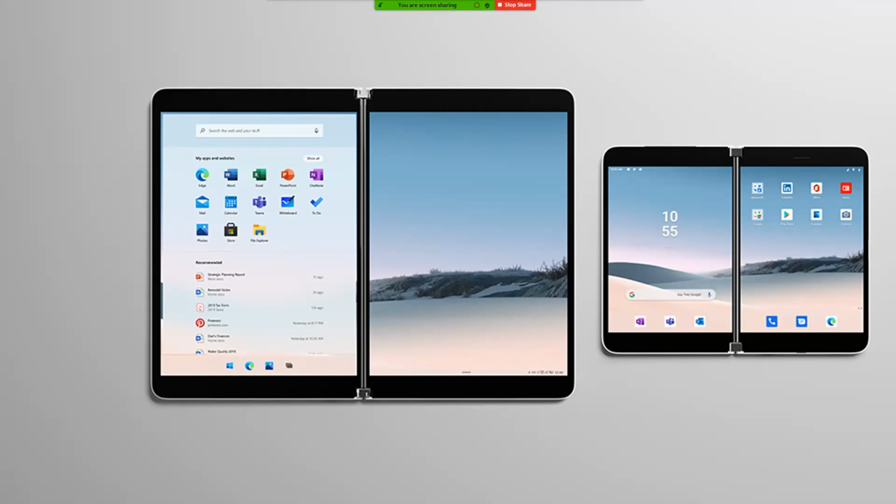But they showed off the Duo, the Android device, and then the Windows 10X devices that they want to have running dual screen as well. So the Neo was the one that they showed. We're not sure when anything is coming out anymore, but the great thing about Xamarin.Forms is that it targets Android, targets Windows, and targets iOS. So it's a really natural choice for building these dual screen experiences.